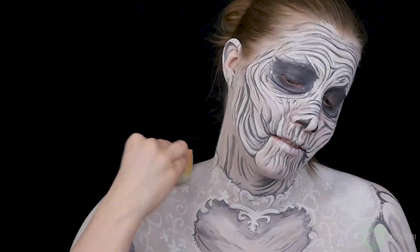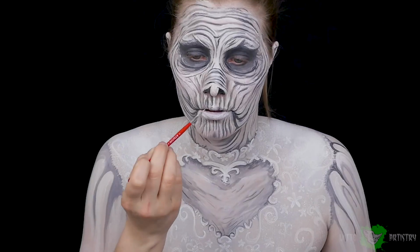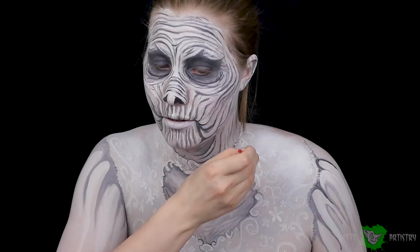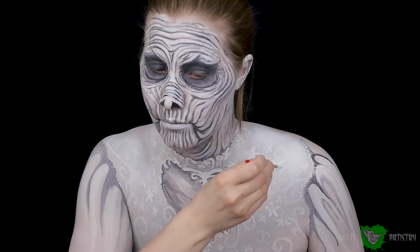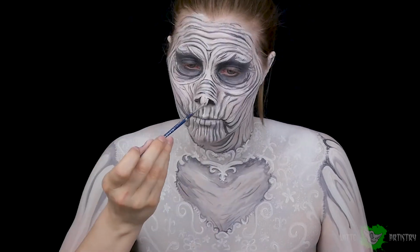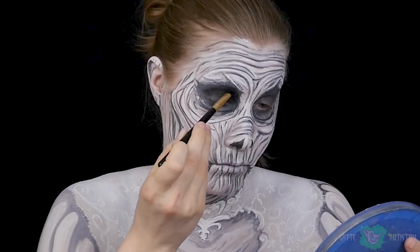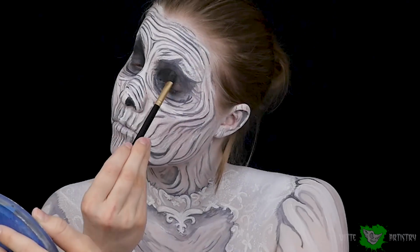And then I decided to add white stippling on top of the lace again. Then I had to fix the lace a little bit. Here's me fixing the lace designs. Like I said, it would be much better if you just painted the dress lighter and then put lace on top of it. Add dark eyeshadow to the eye sockets to give them more depth, but also to prevent cracking